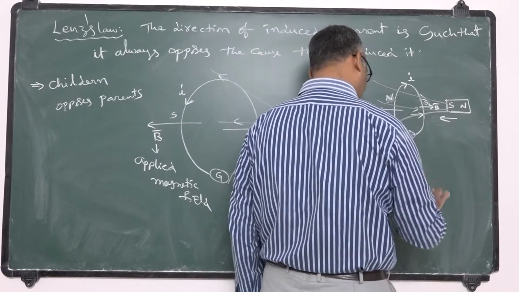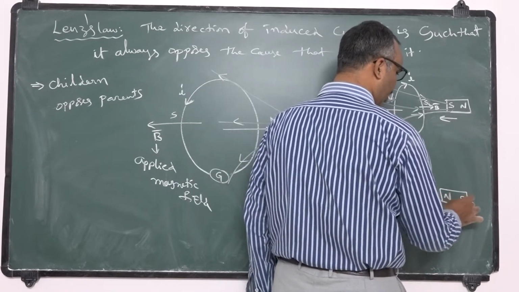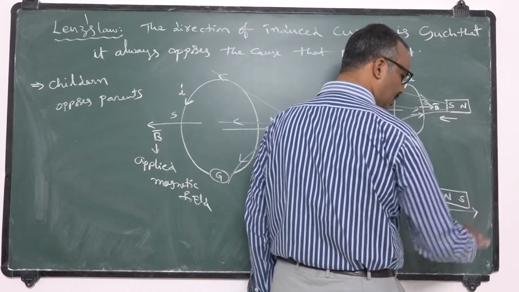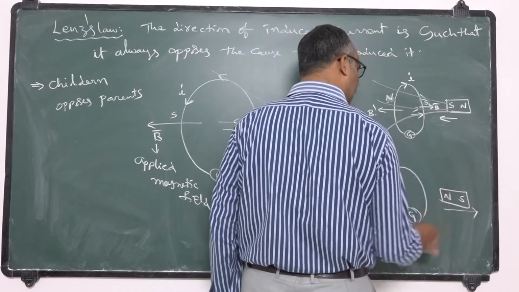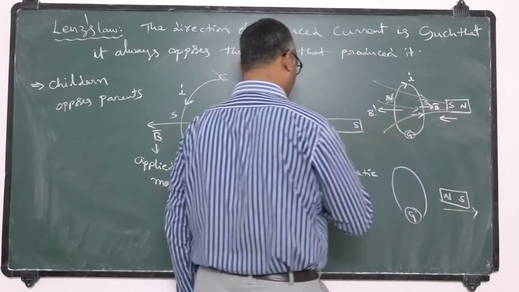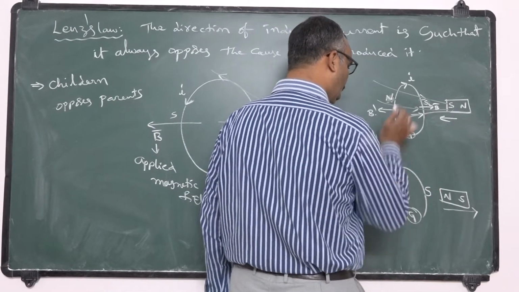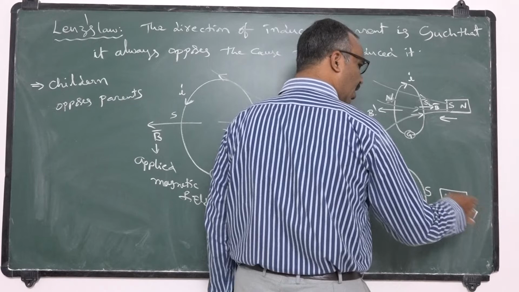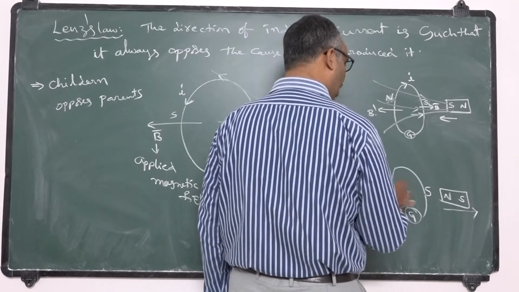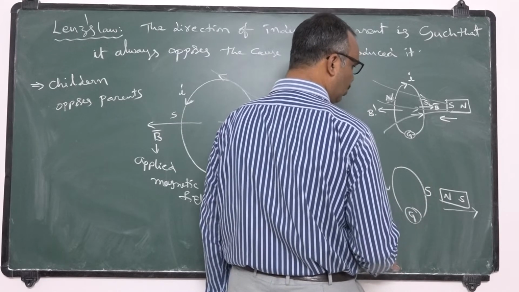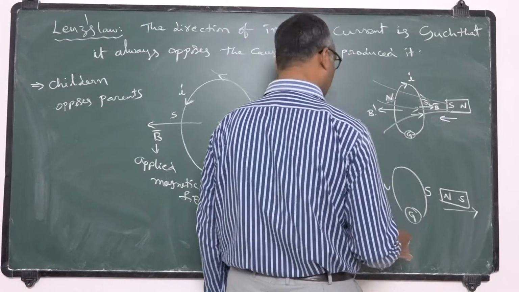Similarly, the same coil, same north pole and south pole, if you take like this, if the coil is moving like this, it doesn't want to allow this magnet to move that side. So earlier it is repelling in both the cases. Now it needs to attract. That means south should be generated here, north should be generated here to avoid the movement of the magnet away from the coil. So in order to have north and south like this, the induced field should have the